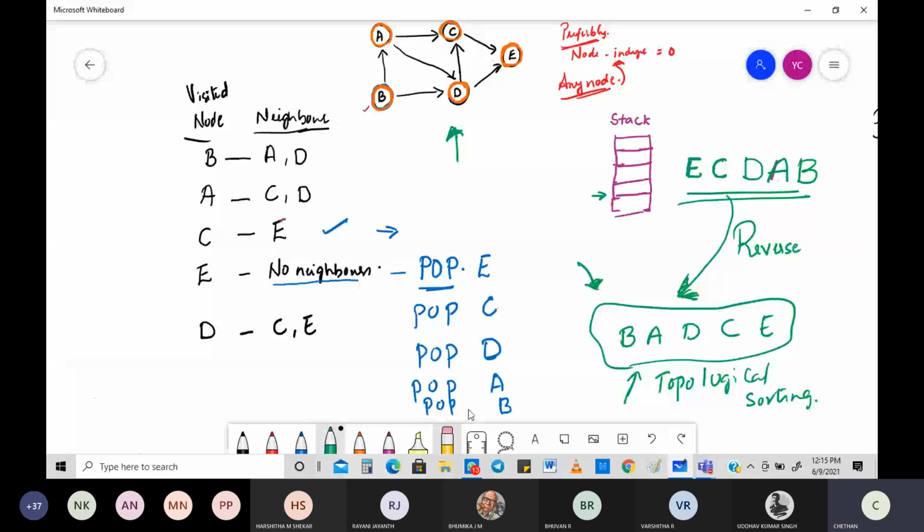So first, I'm going to visit node 5. The first node to be visited is 5. First thing is 5 is visited, and I'm going to push that into the stack. 5 is coming right here.